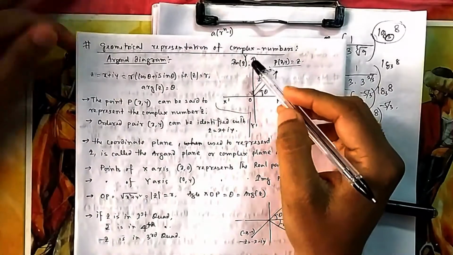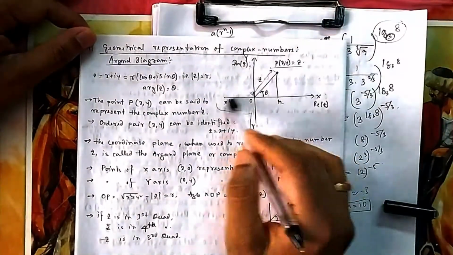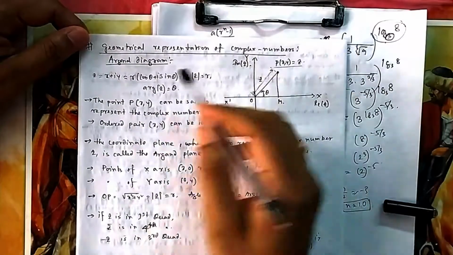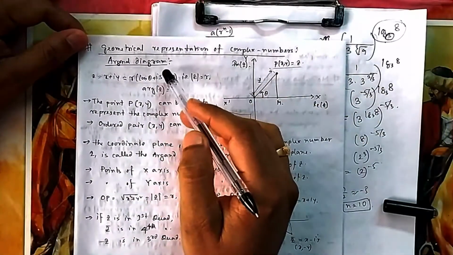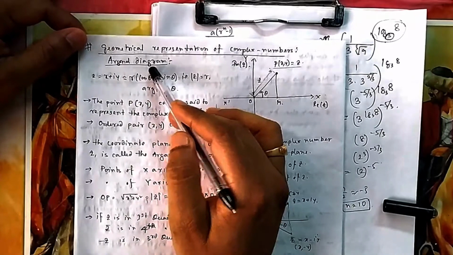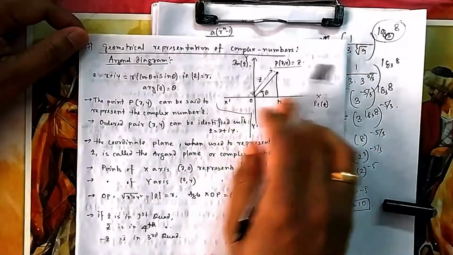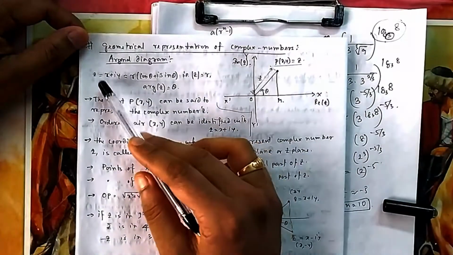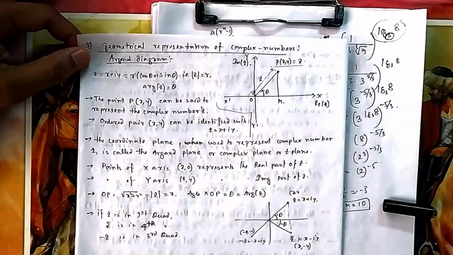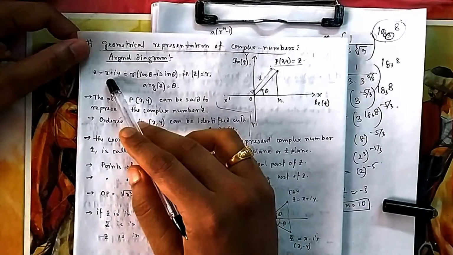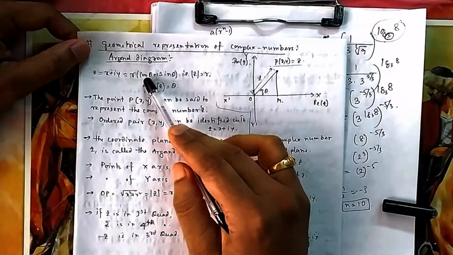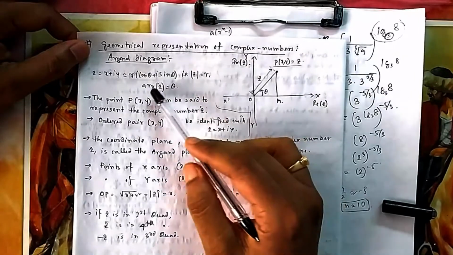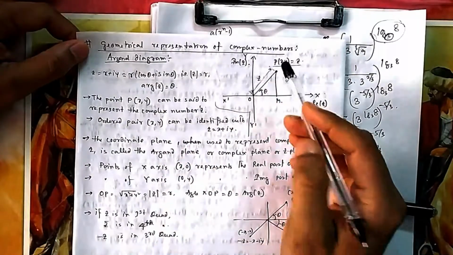Suppose this is the x-axis, this is the y-axis, as we have done in coordinate geometry. In complex numbers, this plane is known by a special name, the Argand diagram, or Argand plane. It is similar to your coordinate plane, just the name is changing. Suppose I take z as x plus iy. I can take z in two ways: the rectangular form, and the polar form, r cos theta plus i sin theta, where mod z is r and argument of z is theta. You can locate it here.